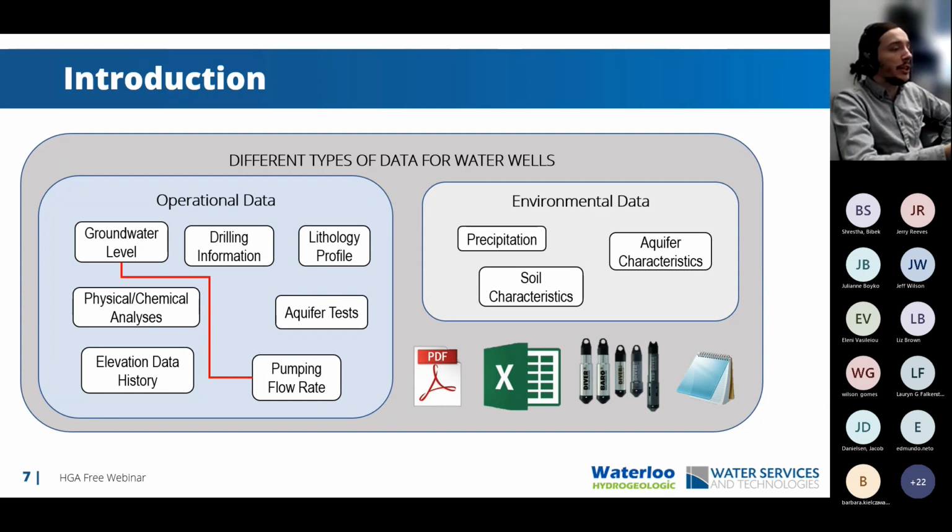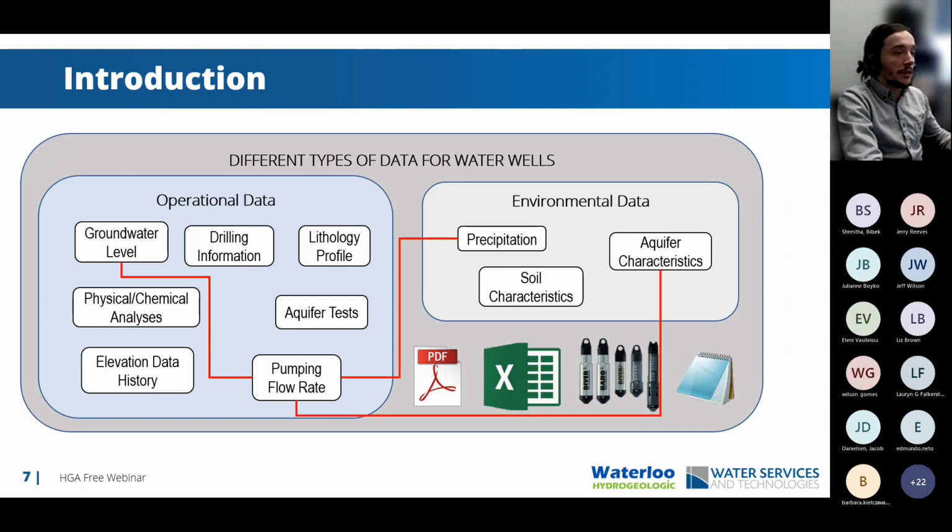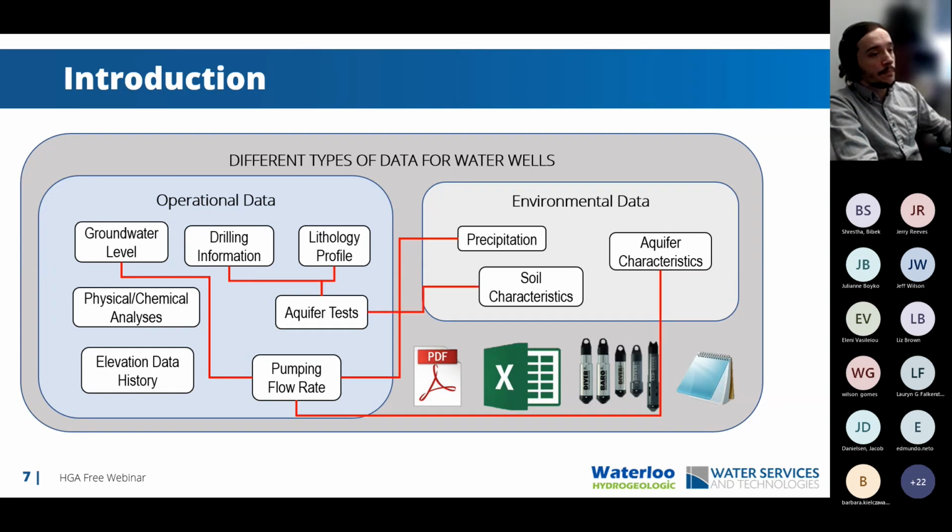So all these different data are related. For example, pumping rate depends on the groundwater level and also on precipitation volumes and aquifer characteristics. The results of aquifer tests are obviously going to be related to your lithology profile, as well as your drilling information. And your groundwater level might be connected to your physical and chemical analyses. So as you can see, we're comparing many different types of data with different units and probably stored in different formats. This is difficult to do manually if all this data was just something that you had sitting on a hard drive,